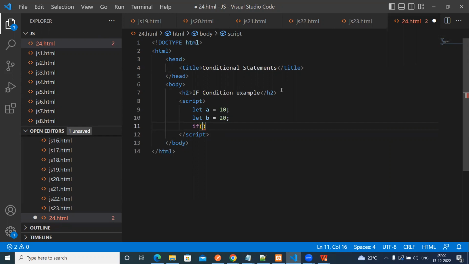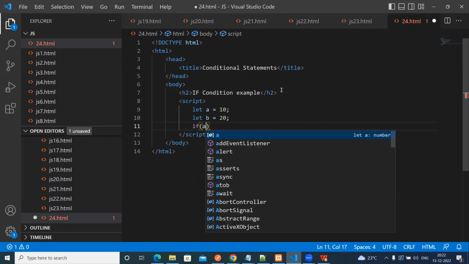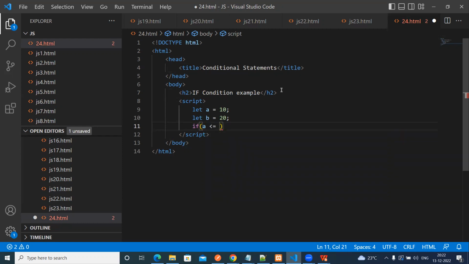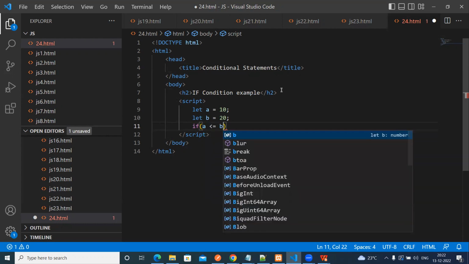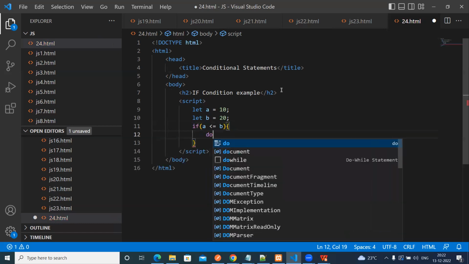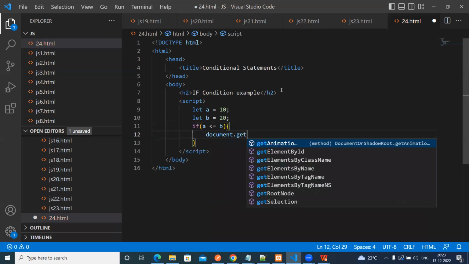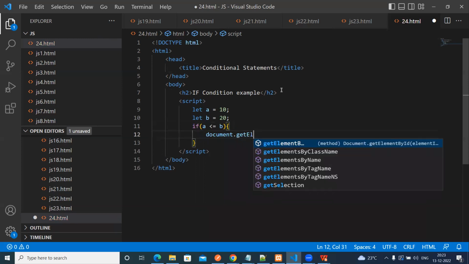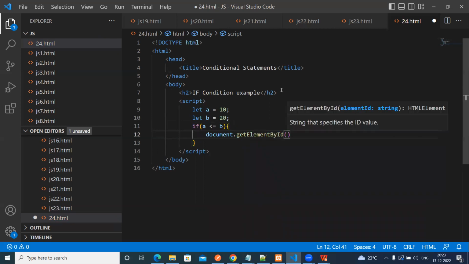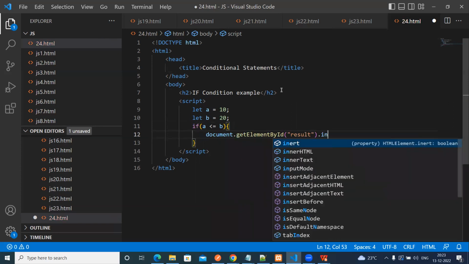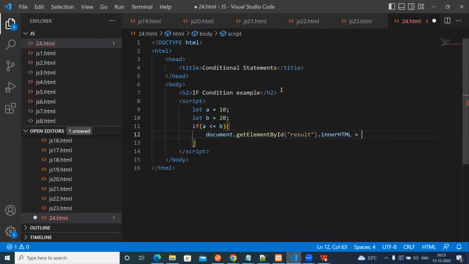So first one, if a is less than or equal to b, so then we can execute this code. Okay, so document dot getElementById. So then a result we are appending to the DOM element. So then innerHTML equal to